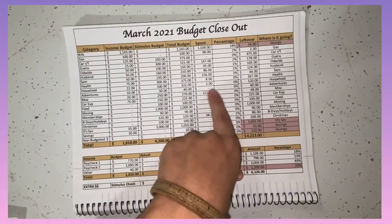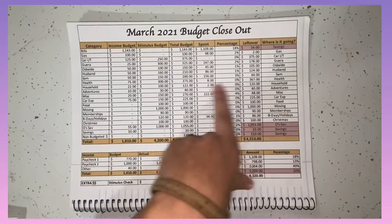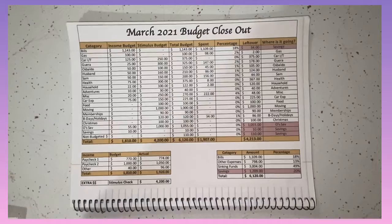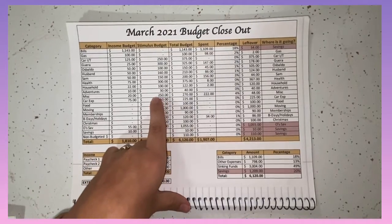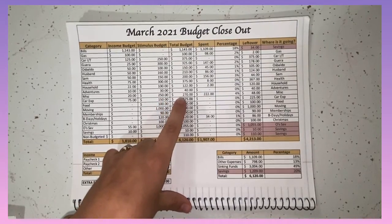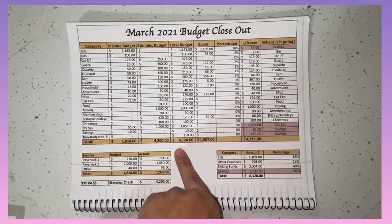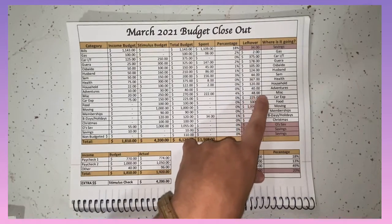We're still learning how to split up the categories. So there's still $40 in adventures, which used to be family fun time. Miscellaneous, I put $20, and I knew that I started off the month of March not really having categories, so a lot of things went to miscellaneous. So I budgeted $250 from the stimulus check, and it totaled out to $270 for the month. We spent $222. That's 4% of the 6,120, leaving that category with $48,